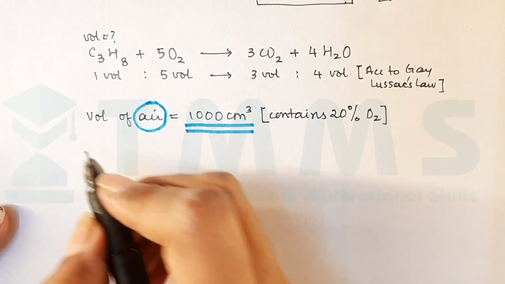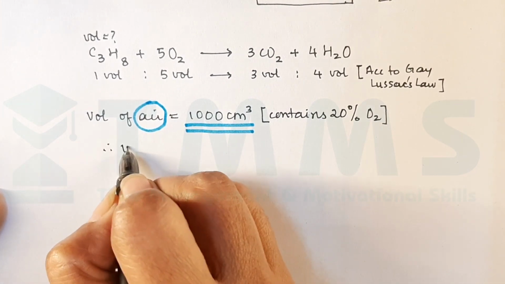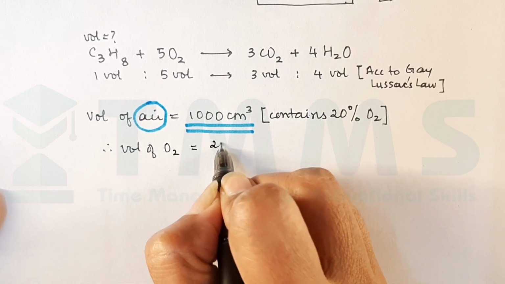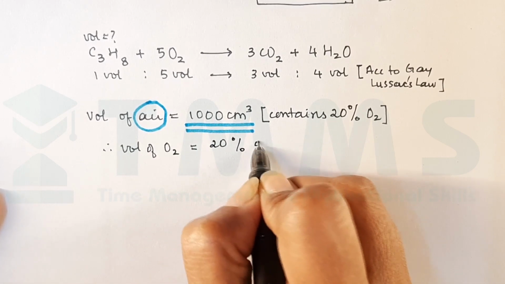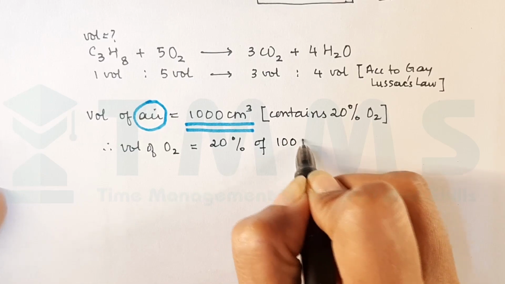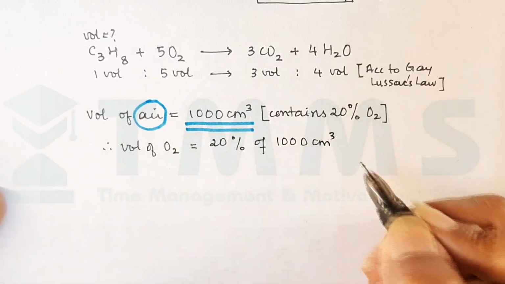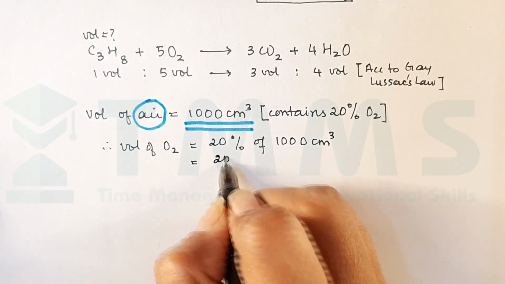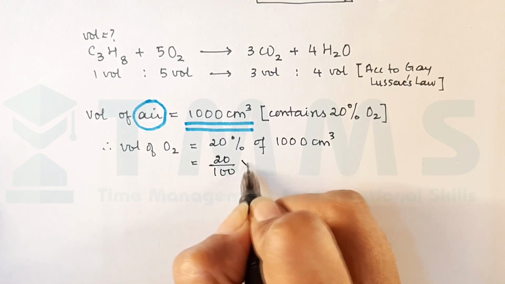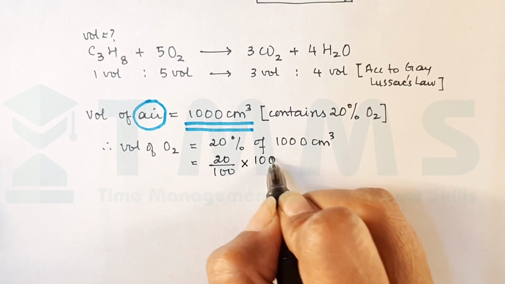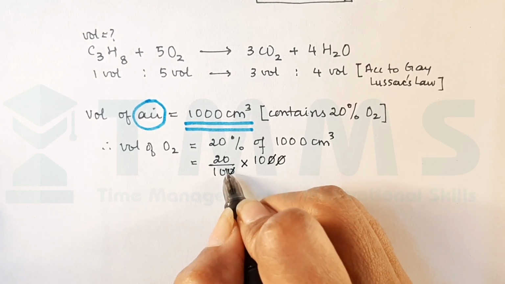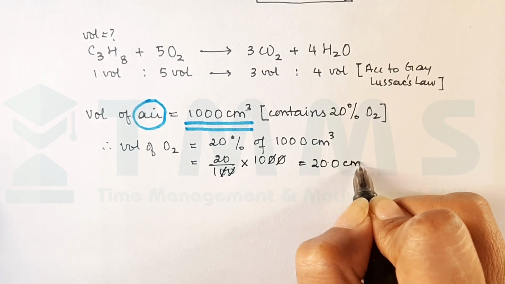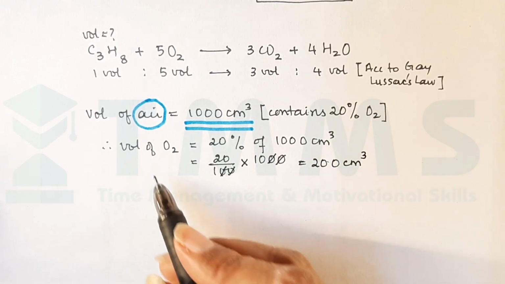And so we have to say, therefore, the volume of oxygen is going to be 20% of 1000 centimeter cube, which is the volume of the air. And that will come out to be 20 upon 100 multiplied by 1000, and that will give us 200 centimeter cube as the volume of